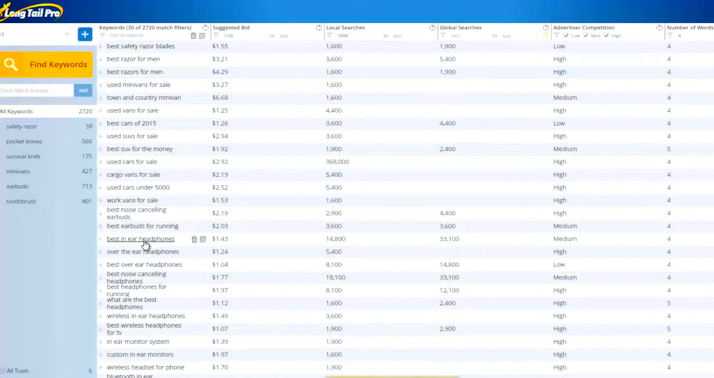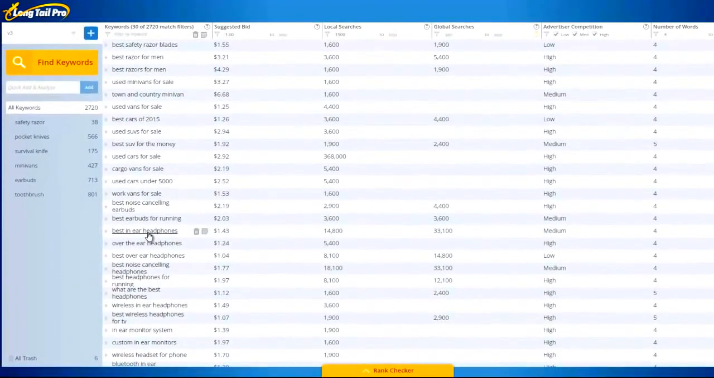So overall, you can see that Longtail Pro really is a powerful way to conduct keyword research and to do in-depth competitor analysis, giving you all the information you need